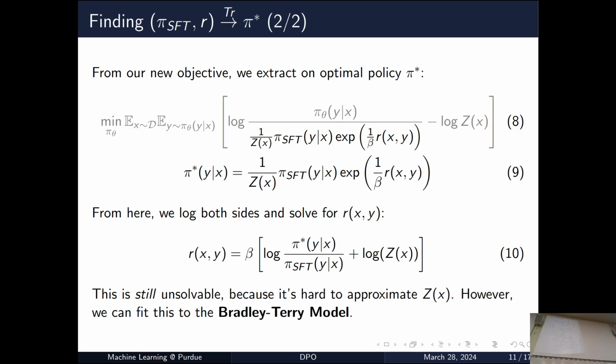Going from equation 9 to equation 10, we just try to solve for r x y. So going from 9 to 10, and then we try to plug equation 10